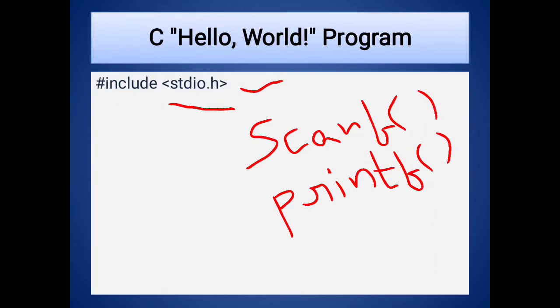Why are scanf and printf used? The scanf function is used to take input from the user, and printf is used to display the output. If you use the printf function without writing #include <stdio.h>, then the program will not compile.